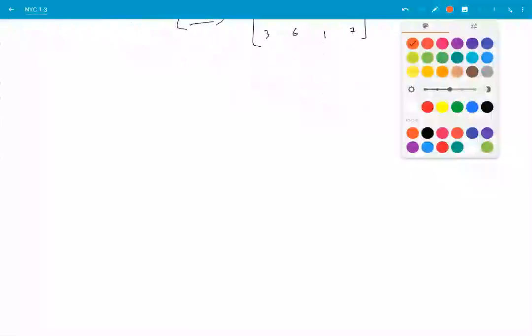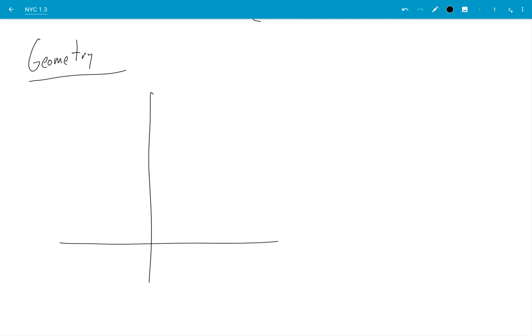All right, some more examples. So how about some geometry rather? Okay, in R2, so if I have a vector, say u, what does the span of u, what does that look like? Well,